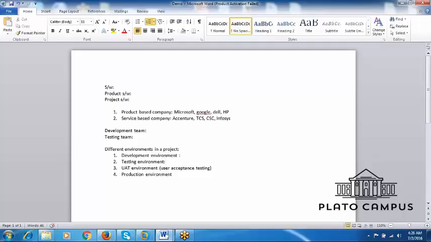After successful completion of the testing, the testing team is going to inform the development team that testing has been completed successfully in the testing environment.